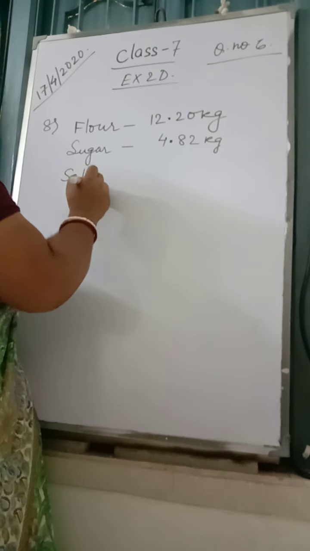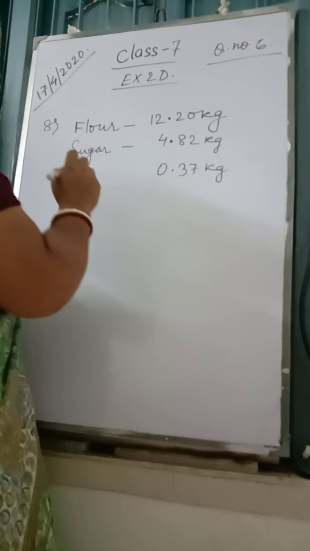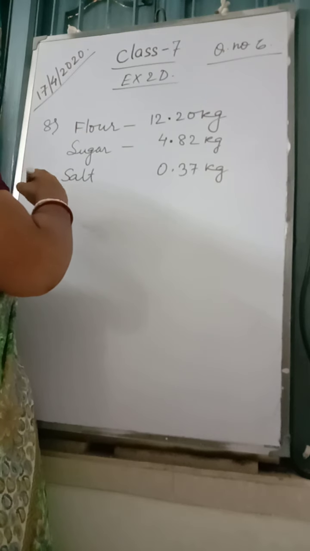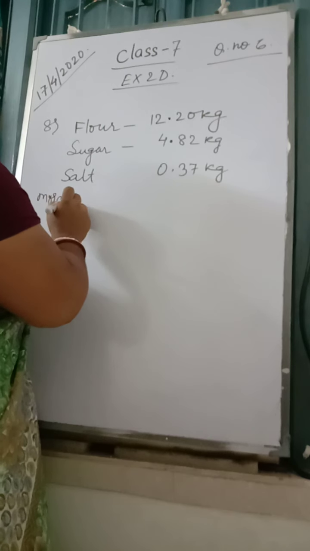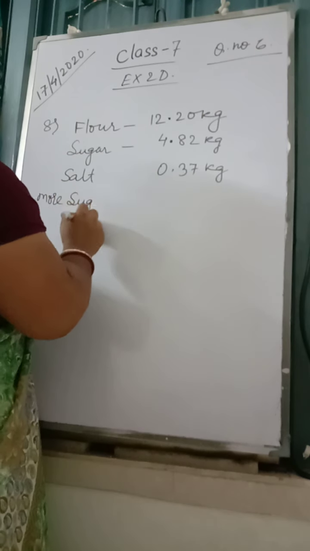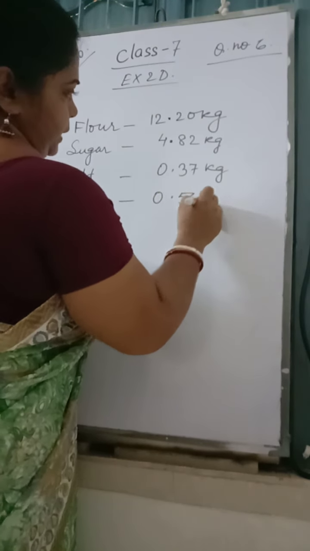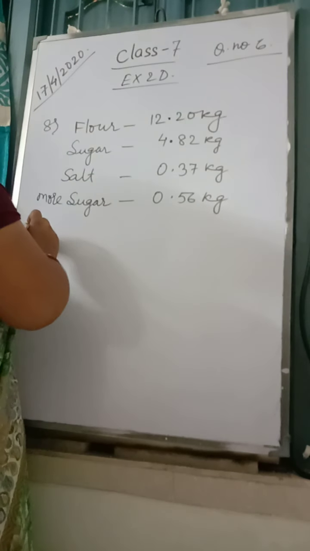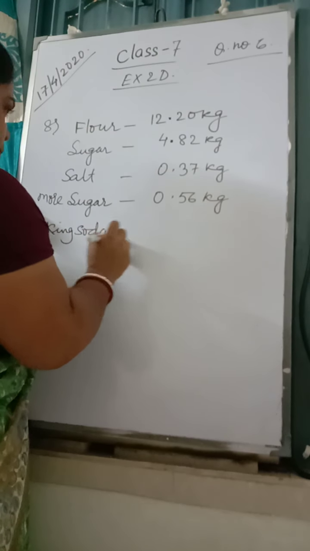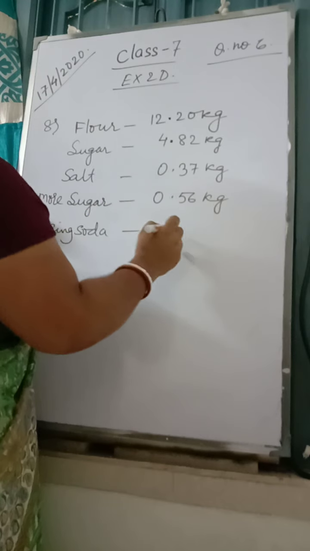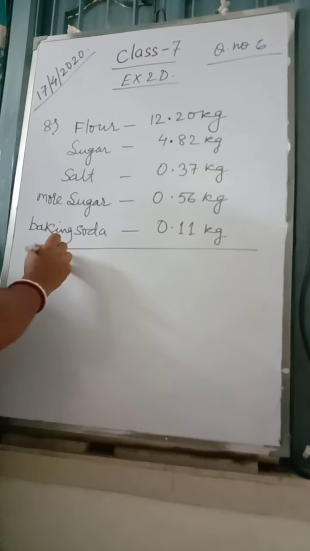Salt 0.37 kg. Afterward, more sugar, or additional sugar, whatever you can write, no problem. More sugar was 0.56 kg and baking soda 0.11 kg. So the weight of material used to make biscuits